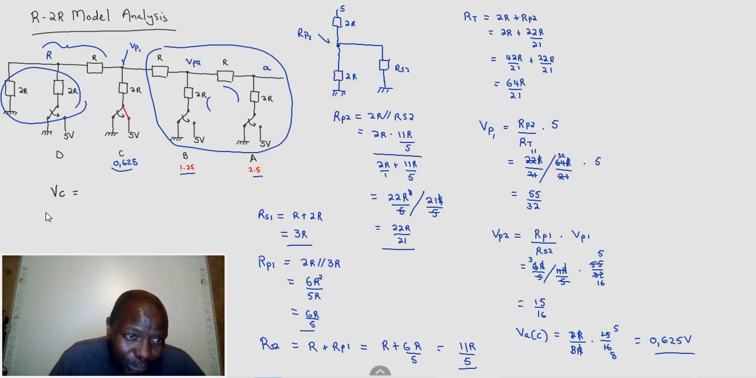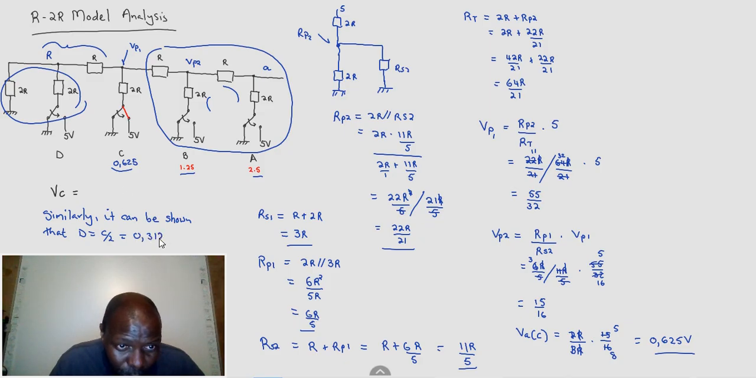Similarly, it can be proven, it can be shown. We've seen this in textbooks. It's shown that D is equal to C over 2, which is equal to 0.3125. So you are supposed to get here 0.3125. But regrettably,